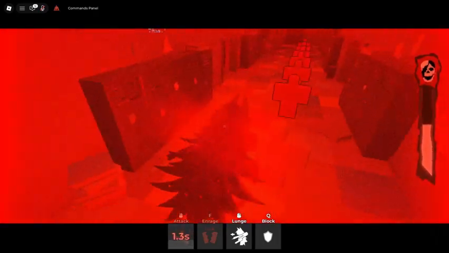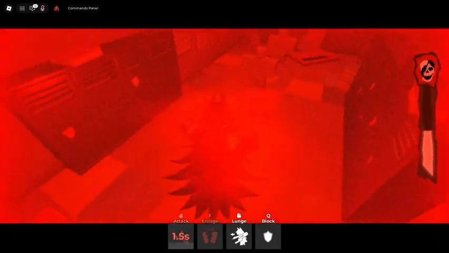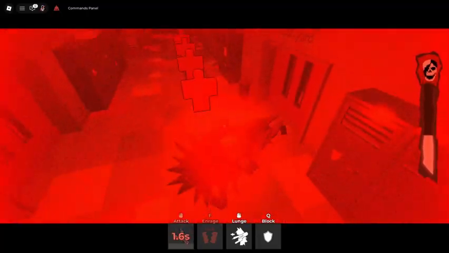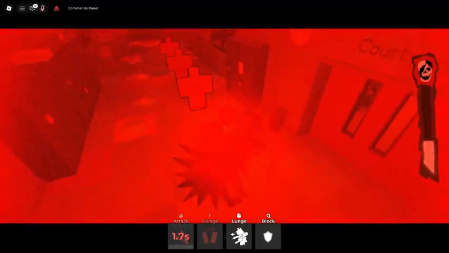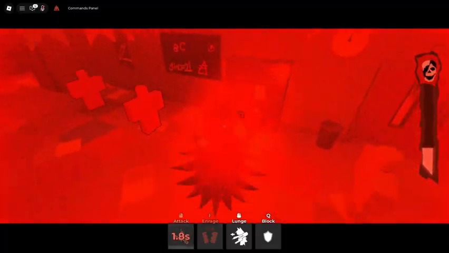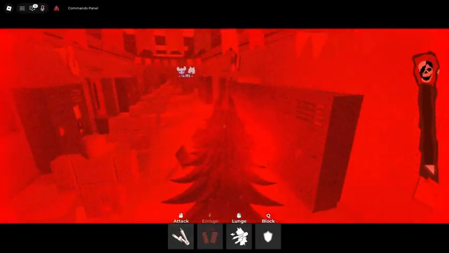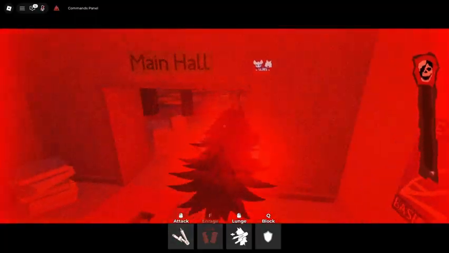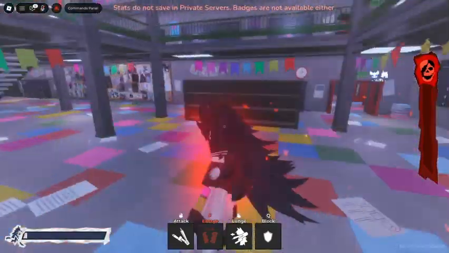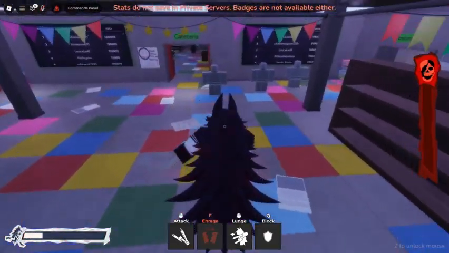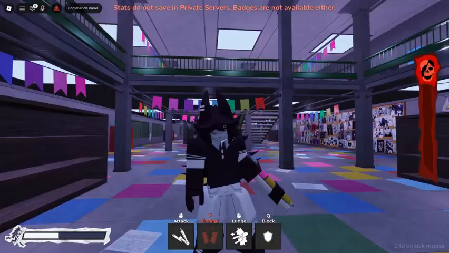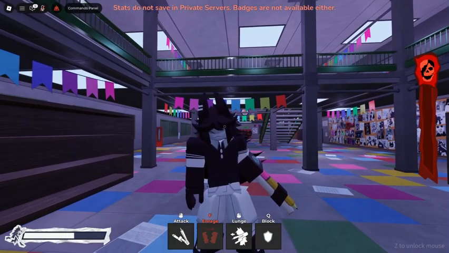So now when I kill people, you can see that my rage meter does fill up a little bit. Every time I kill someone, your rage meter will fill up as Miss Circle. I don't think mine's filling up though. But basically, if you kill a person, your rage meter will fill, so you will get more rage. But that's basically Miss Circle's ability. So let me show you the next one, which is Miss Bloomy's abilities.